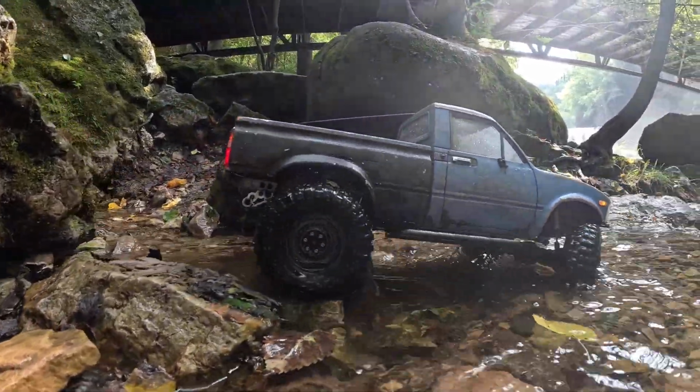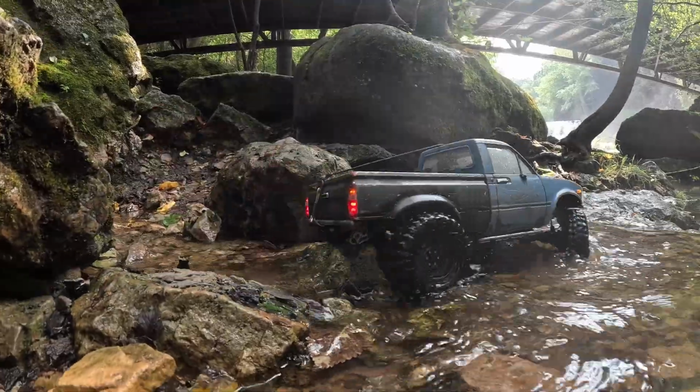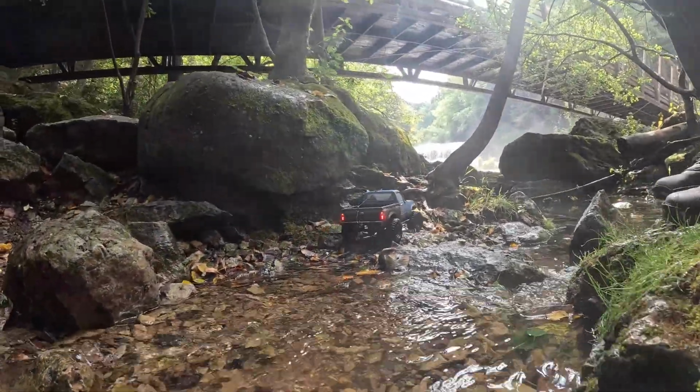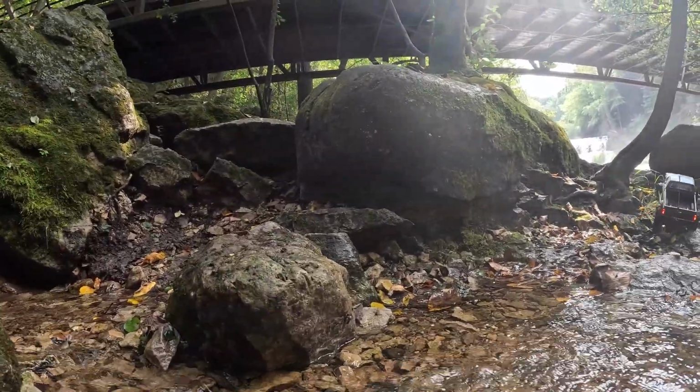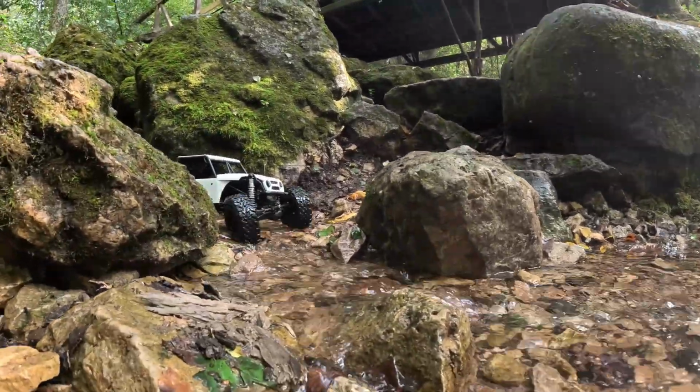So we had crossed the river here, going and checking out the other side, which this whole area, you could run micros down here, you could run 10 scale like we are. I don't think there'd be much to run like an SCX6 or anything down here, but